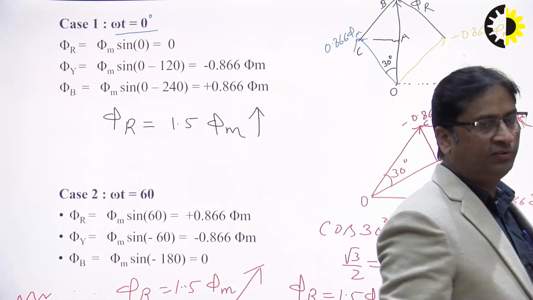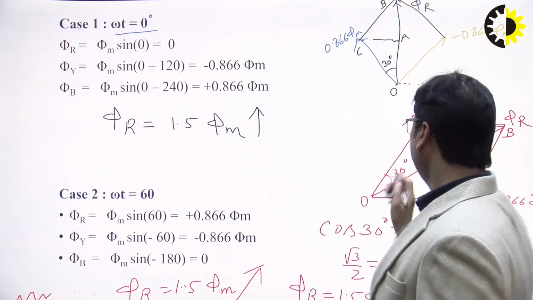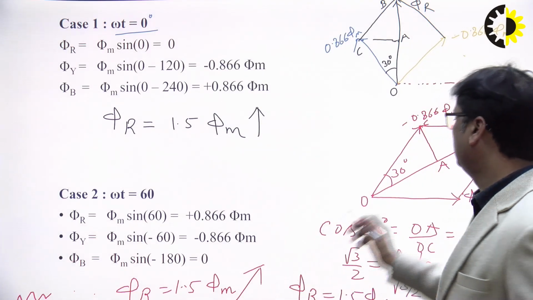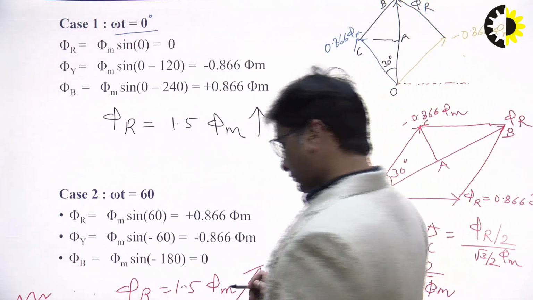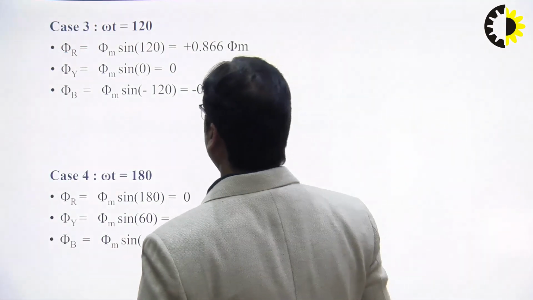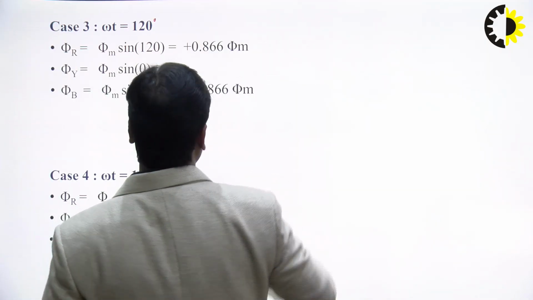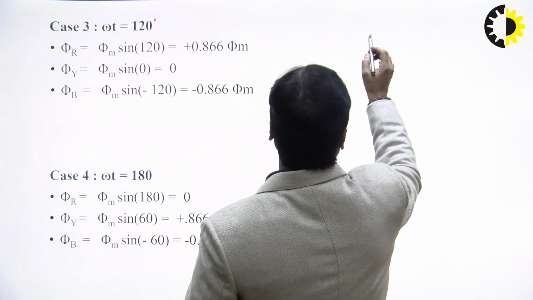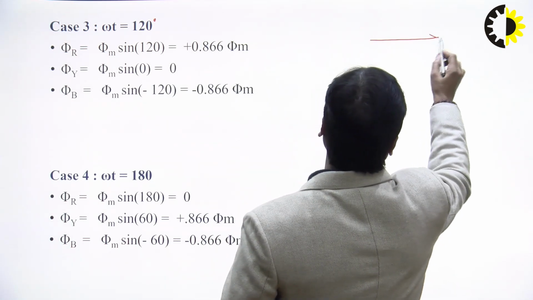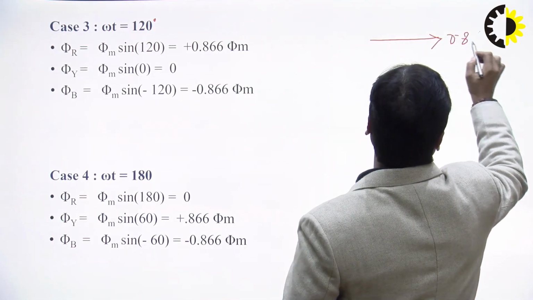Now when we have taken the 60 degree, again the axis is shifted by 60 degree. You can see they shifted by 60 degree. In the next case, when theta is equal to 120 degree, the phi r is equal to this. So phi r we have taken is 0.866 phi m,